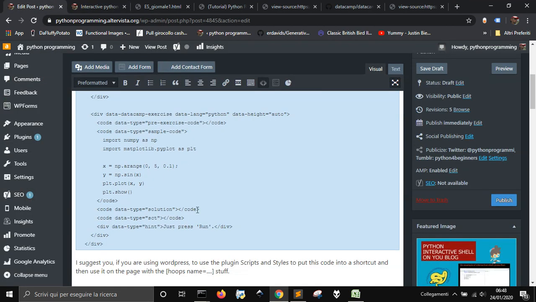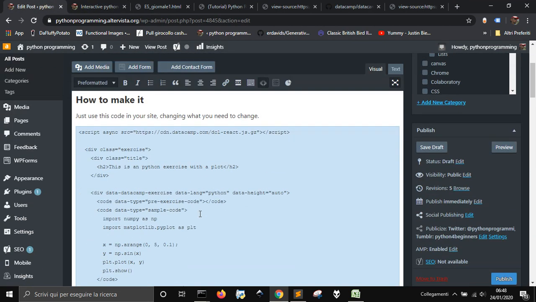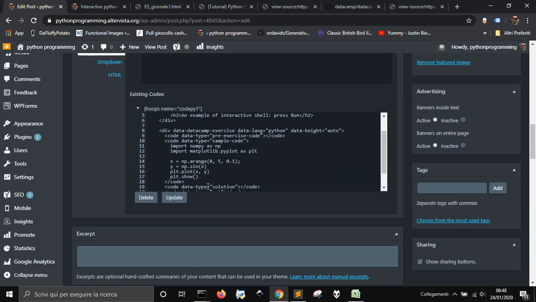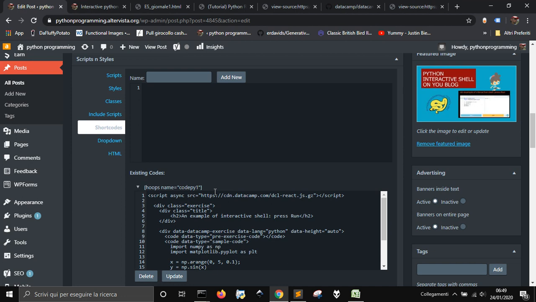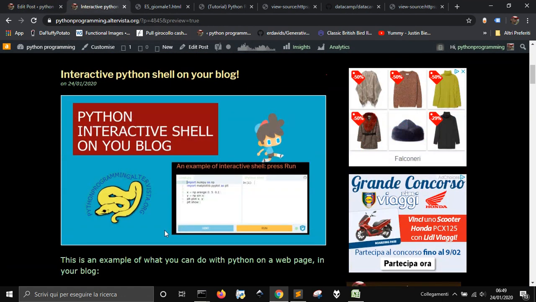And so that is all you have to do to show the code, but also to use an interactive shell with Python to make exercises or show the code directly onto your web page using Python directly. That is, in my opinion, great stuff. So thank you, and see you in the next